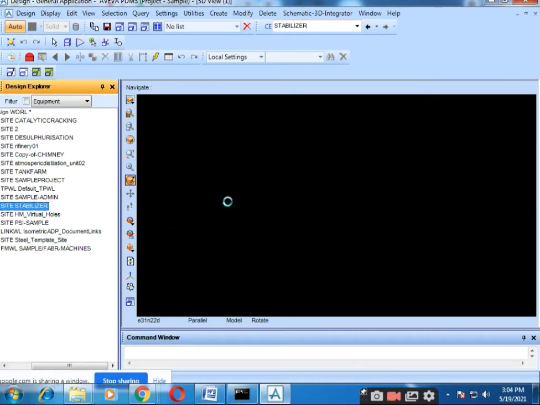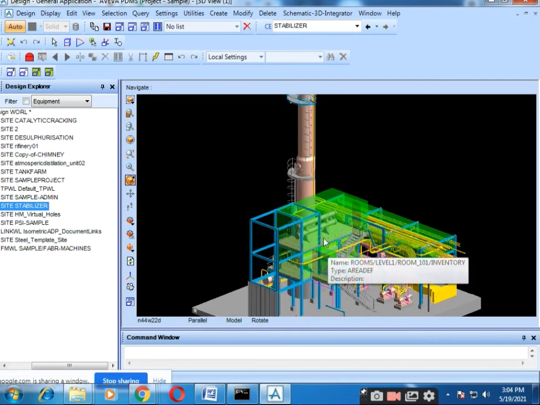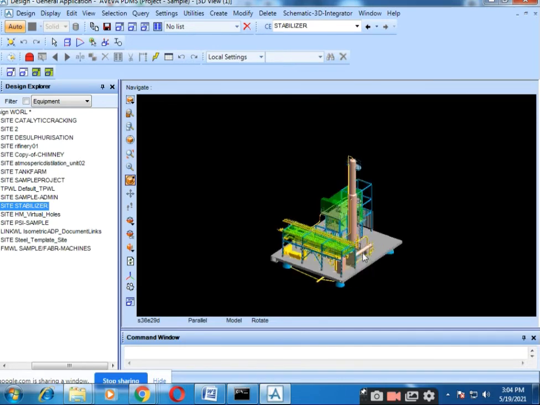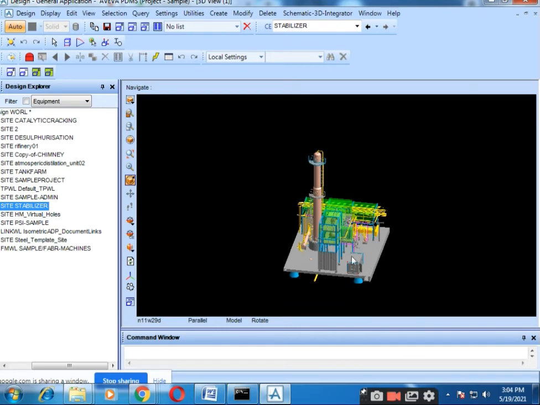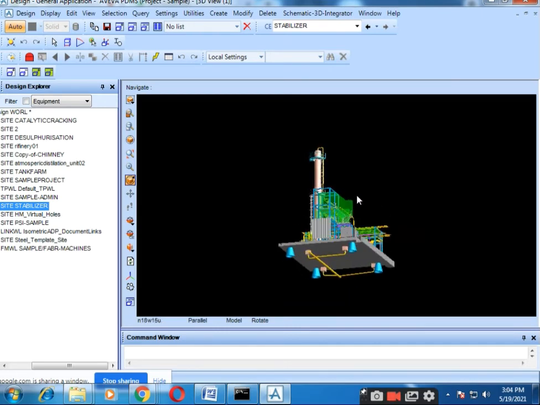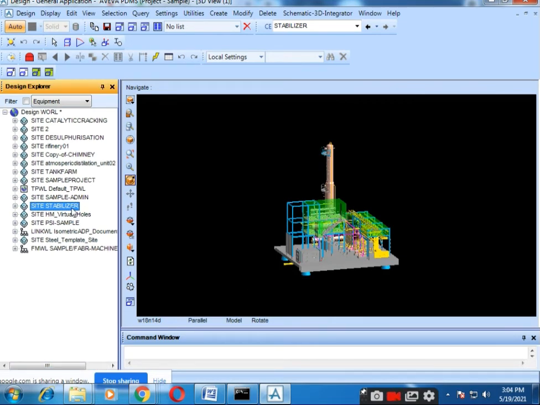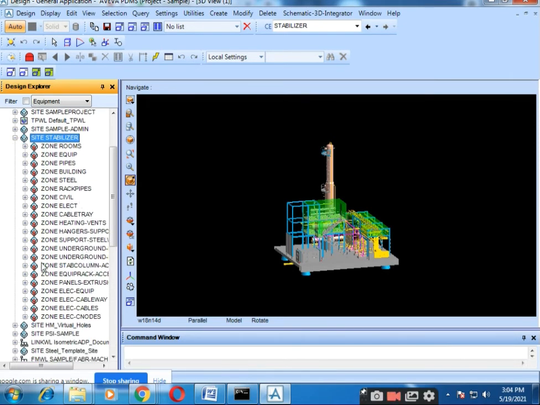Click on that. We can see this project here. We are going to see our stabilizer plant. To operate here, we simply have to drag. We can see here this type of plant we are going to design. This is only a sample plant of PDMS which is already included in this software. These are the structures.